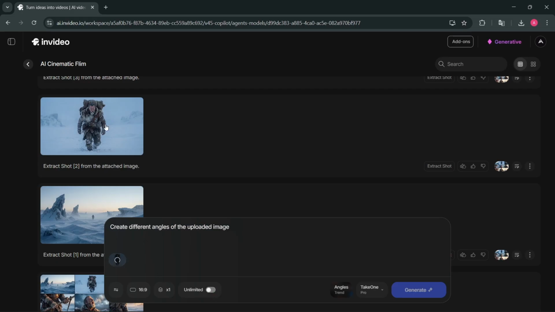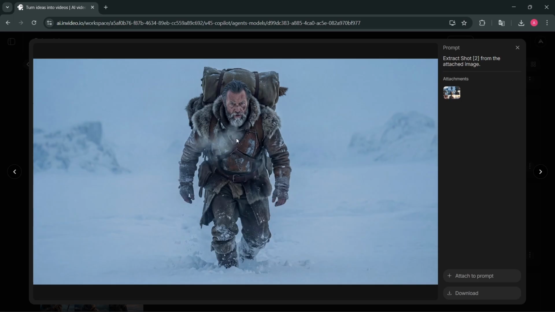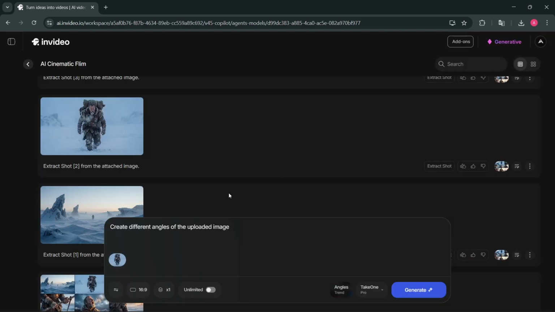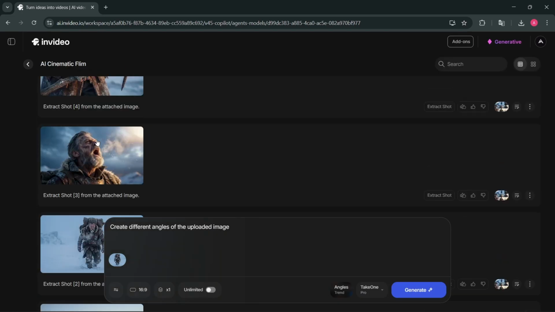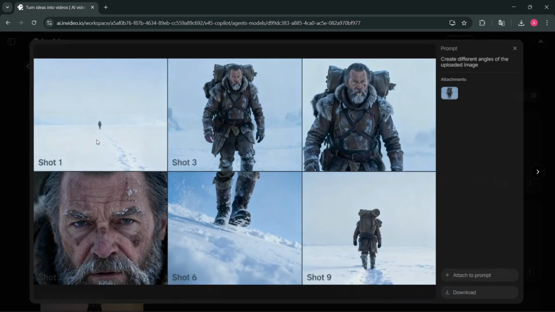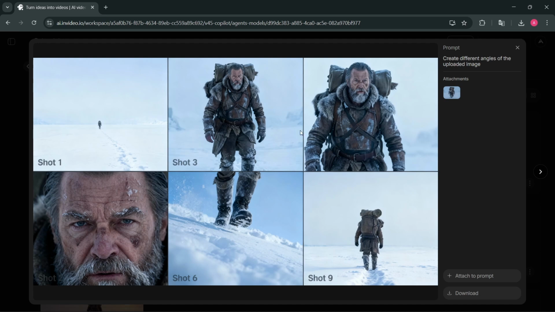It will give you the 9 different angles in a 3 by 3 grid of the image which you have uploaded. This is the most useful and easiest option. Just look at how awesome the angles it has generated. What we'll do is select the shot which you like the most, and we will use that